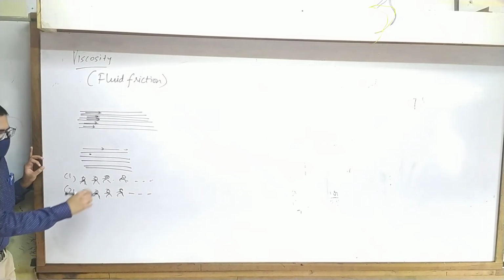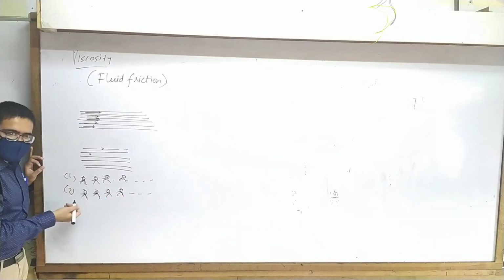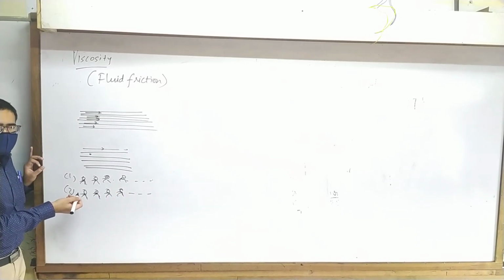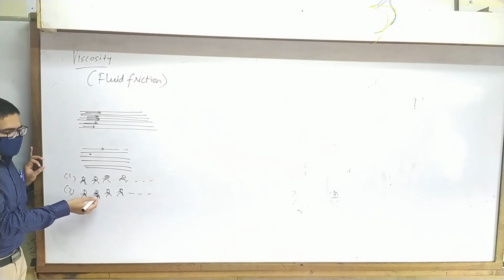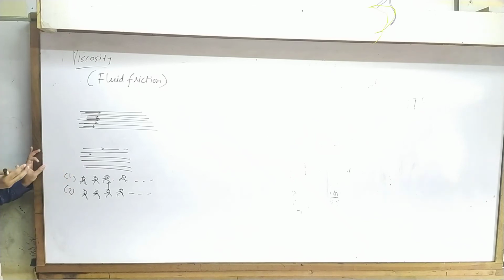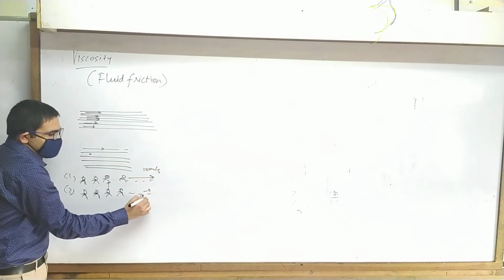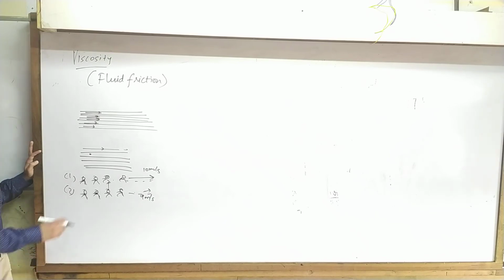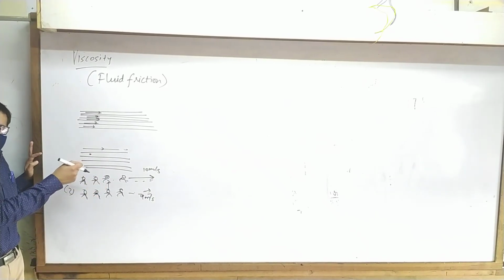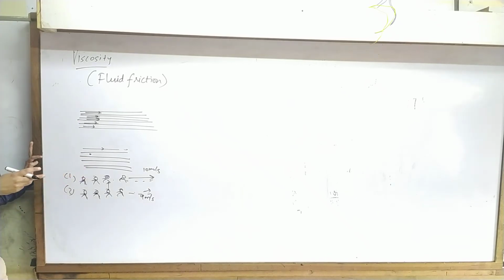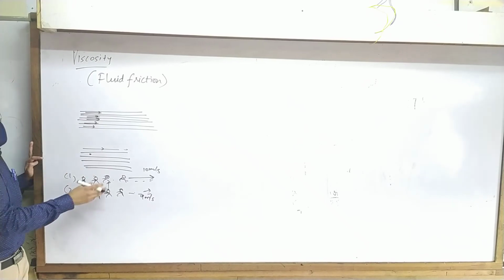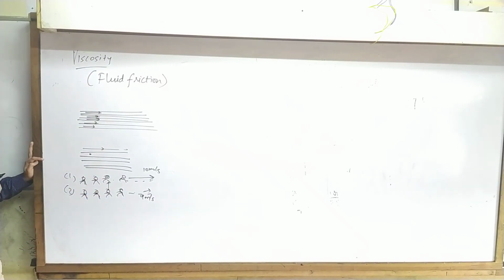Viscosity is similar, right? Molecules in one layer are going to apply forces on molecules in the other layer, and they will drag them down. Suppose layer 1 is moving fast, let's say 10 meters per second, but layer 2 is moving slightly slower, let's say 9 meters per second. Then the molecules of layer 2 will try to pull the other one so that both move at the same speed. That is what viscosity is, right?